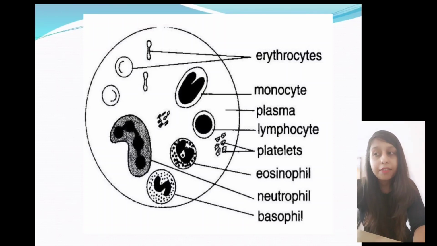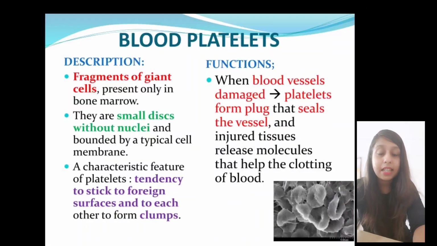So if they are present in larger amounts, that means our body is definitely suffering through an infection or a disease. Next comes the blood platelets. Now these blood platelets are mainly responsible for clotting of blood. Now why is the clotting of blood important? Because supposedly if